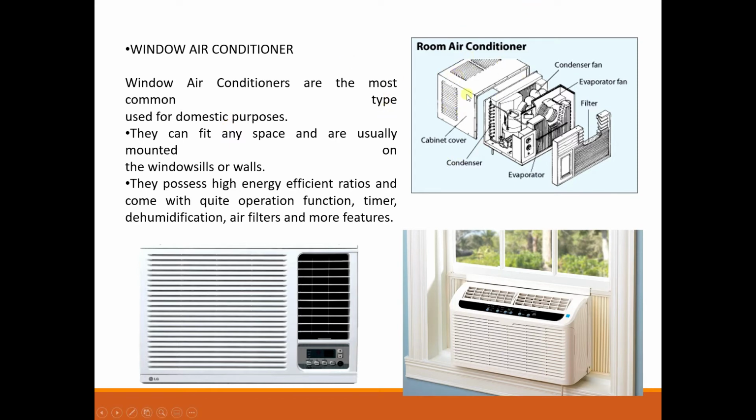These are all the parts available in the air conditioner. The first one is the cover. Inside that we have our instruments, and it has four parts: compressor, condenser, expansion valve, and evaporator. That's it. These are all the cycles.